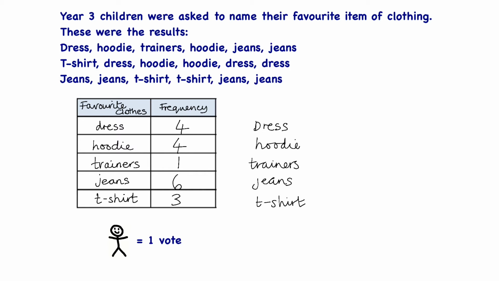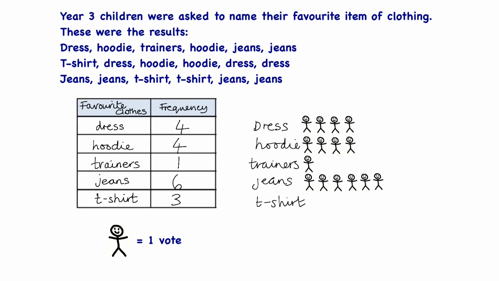type of clothing. So we can see that 4 children voted for the dress. We can see that in our frequency table. Now we need to do the hoodie, which is 4 as well. And then we can see that the trainers is 1. And jeans is 6, and the t-shirt is 3. And our pictogram is now complete, and we can see for each item of clothing how many people voted for